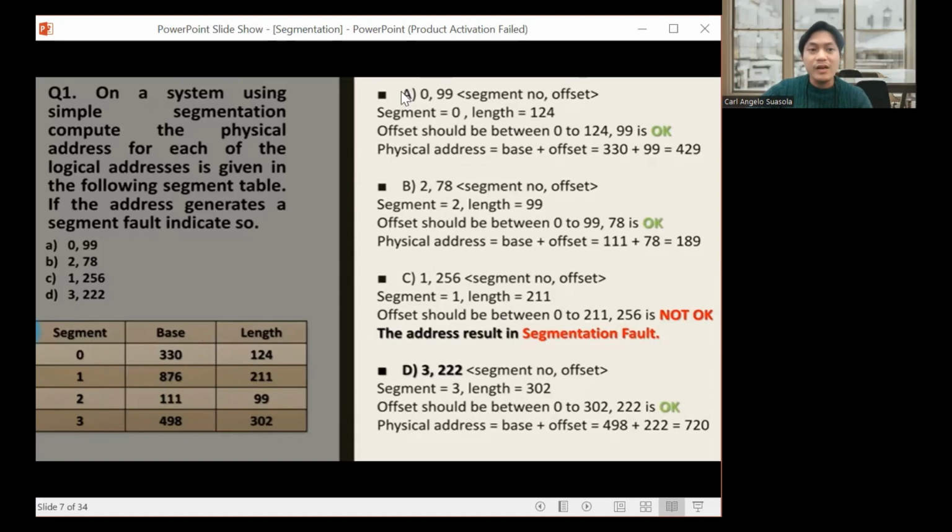So sample, if we go to question letter A, we have 0 and 99. So the segment is equal to 0, since it is 0. Then based on the segment table, the length is 124. So the offset should be between 0 to 124. It tells that the offset is 99. So the range is 0 to 124. That is okay in terms of